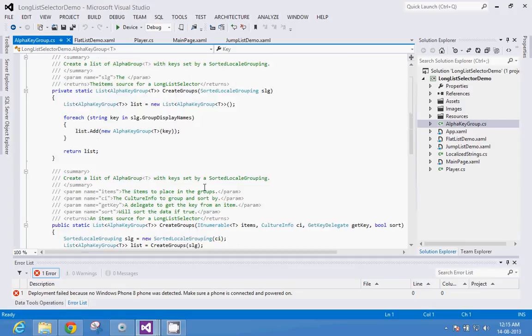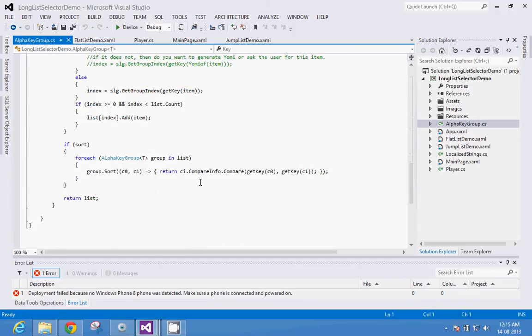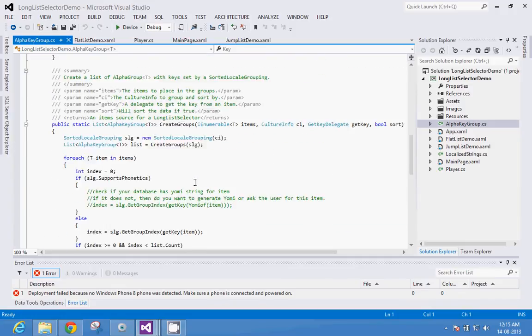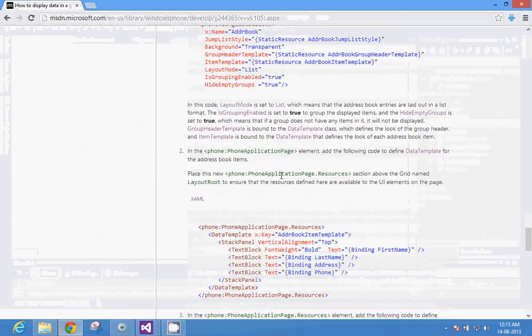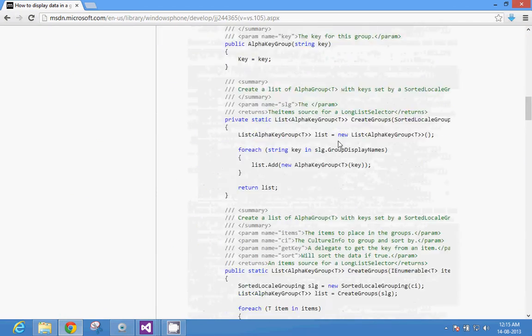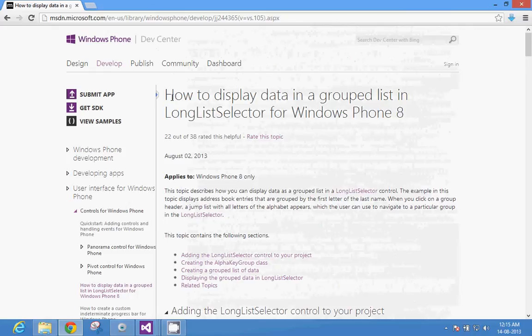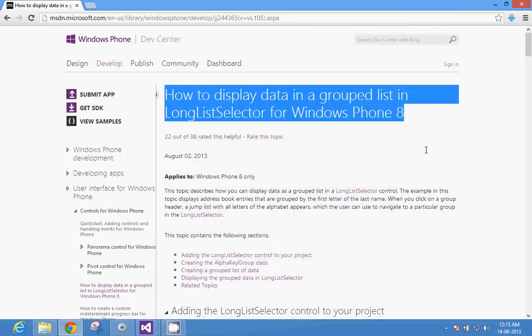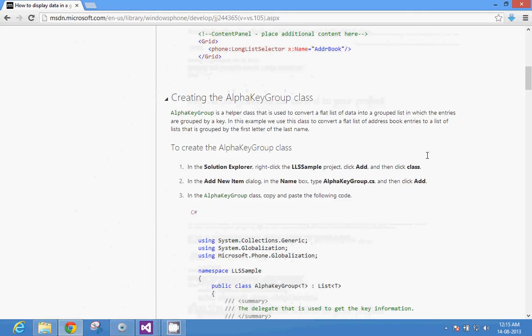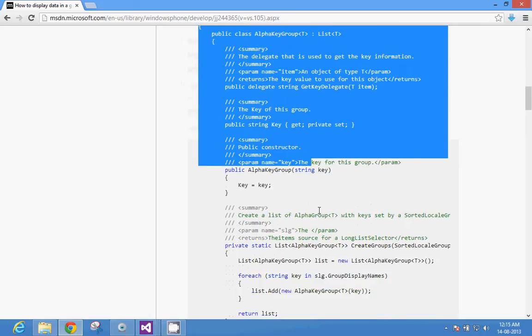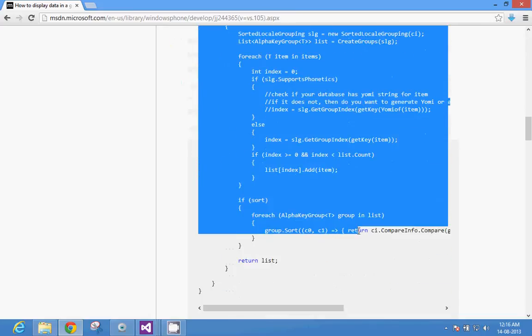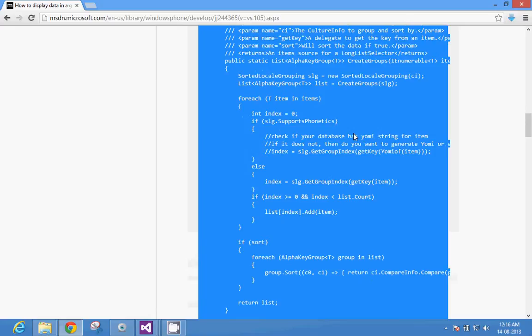So I don't want to explain this class logic actually, but how do you write it? You can get this logic from MSDN. If you see the standard MSDN article about the long list selector, it's a very nice article by the way. You just have to copy the alpha key group class contents. If you have plenty of time at your disposal, you can read this code and understand the logic.